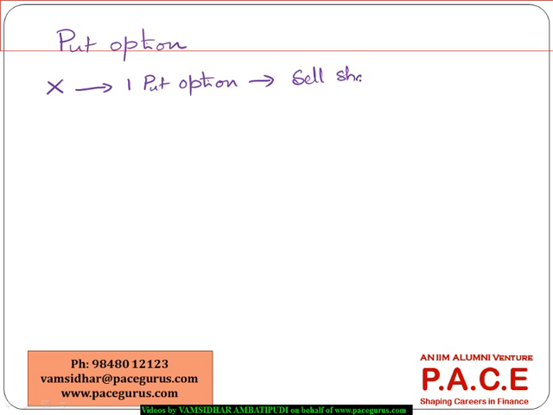Right? Now the same logic applies to a put option, just the same thing we discussed in the case of a call. When I am talking about a put option, let's say X has purchased one put option, and this put option gives a right to sell one share at $100, one month later. Now let's say the premium is $5 per share. So just by paying $5 today,